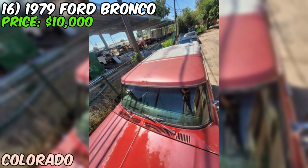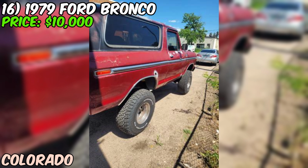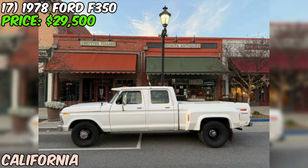At $10,000, you're buying a Bronco that needs some love, but has some serious potential with that 460 Sniper EFI combo. These late 70s Broncos have a strong following, and finding one with a big block swap is always interesting. 17. Let's check out this 1978 Ford F350 that's commanding